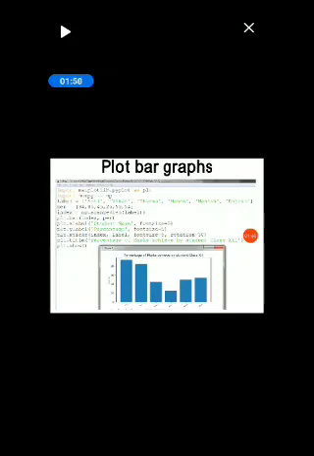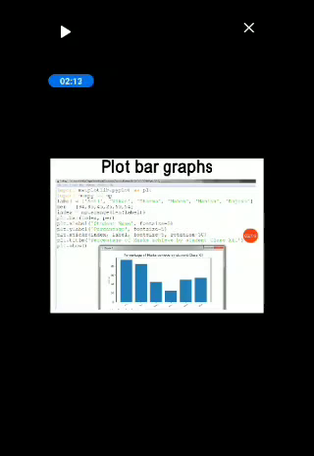Then we have the index, for which we are taking the numpy arange function. Using numpy's arange function, we may use the length of the labels.